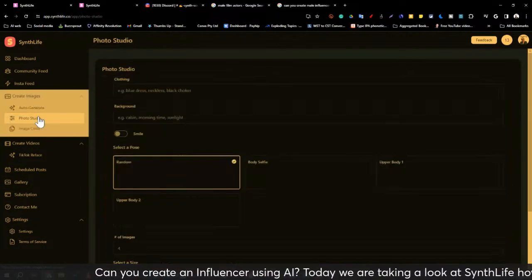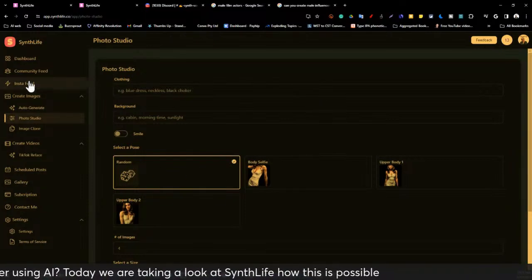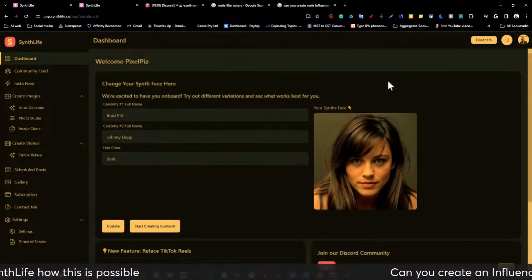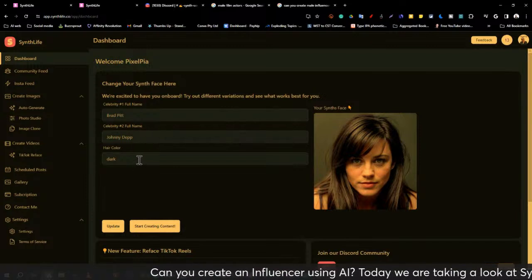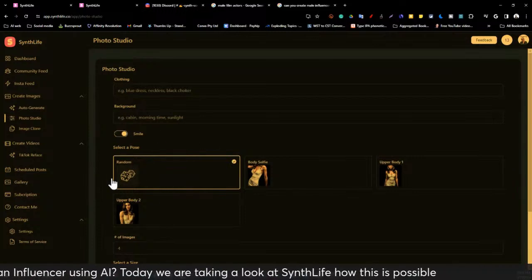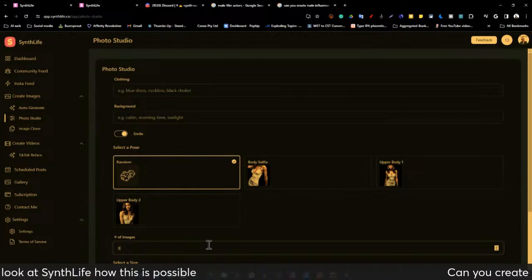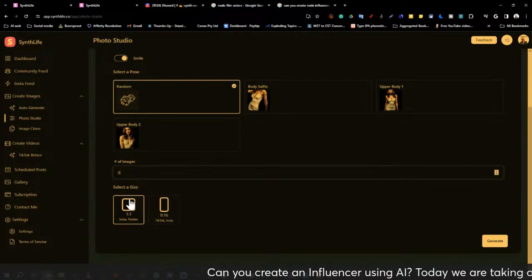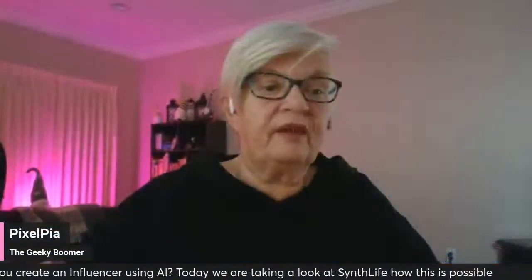Let's go back to here. We have the face it created from Brad Pitt, Johnny Depp, dark hair. So start creating content. We should have it smile and we can choose the random this time. Let's create 8 different images. Oops. Again, and let's do them one by one here and generate. And while we're waiting for that,